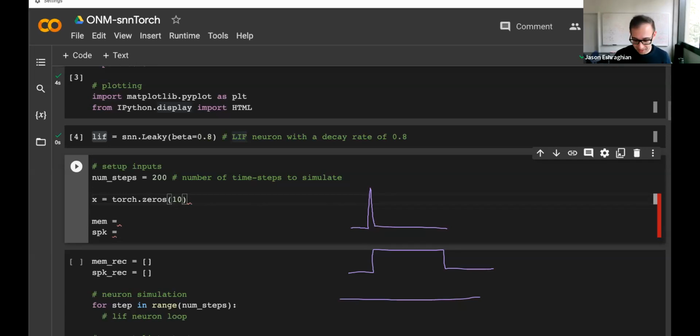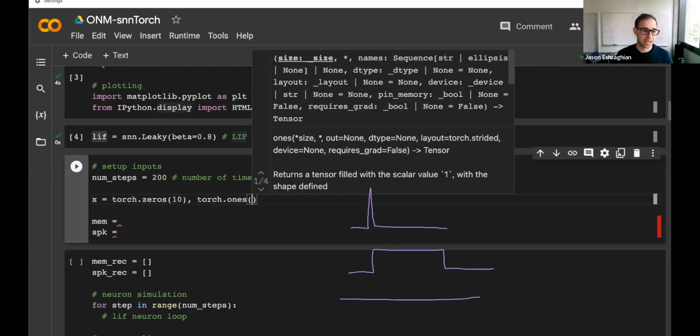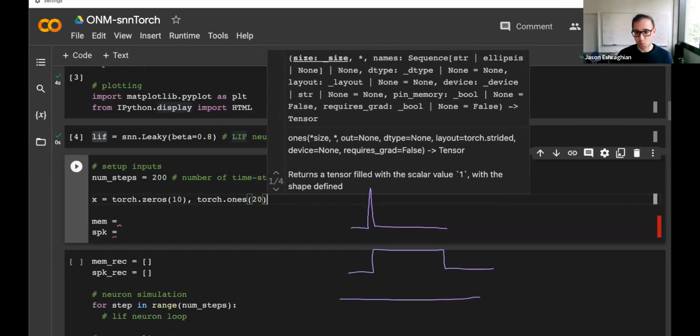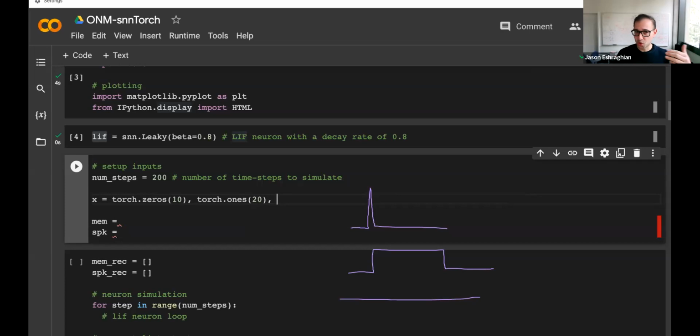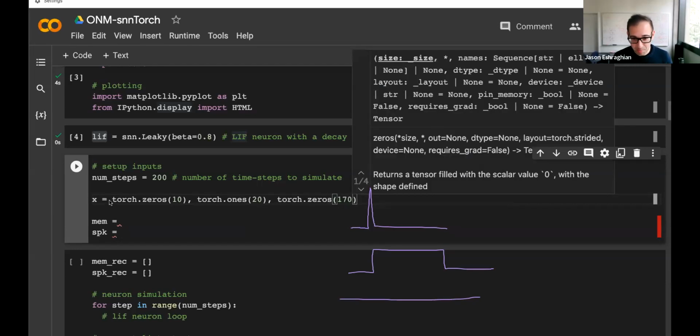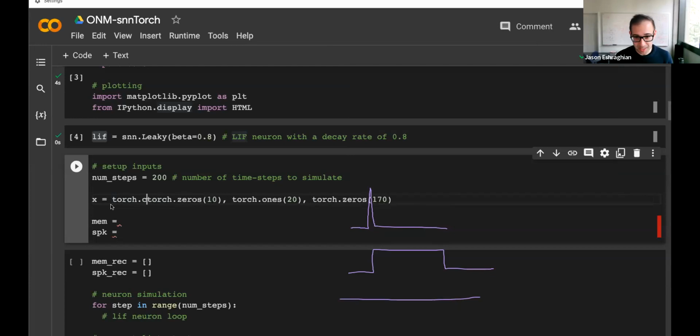I'm going to generate these first. We have 10 steps of nothing. Then let's do torch.ones, 20 steps of ones. Because I've got 200 time steps and I've used 30 of them now, I have 170 zeros left. And I need to combine all of these together with torch.cat.